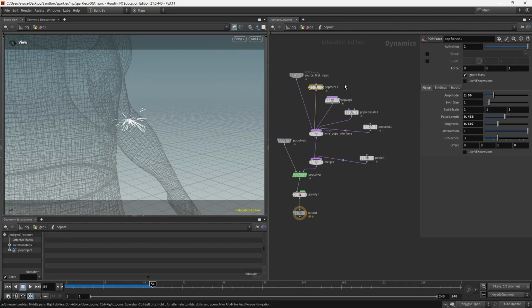There is some chaotic behavior going on, but I want to increase it. There is this noisy wind, so let's take the amplitude a bit up. Let's try 3. So now the particles are pushed a bit further out. And then I also want them to overall be more chaotic. So I'm going to increase the roughness. Something like this, so they're going more all over the place.